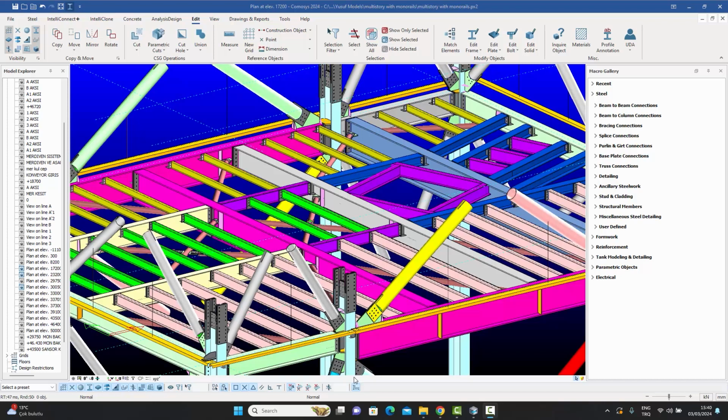And now, obviously, once we've created them and defined them and assigned them to the different objects, which, like I said, you can assign them to your profiles, to your plates, to your generic solids, to your bolts, or basically any object type which you have, you can assign them. And once you've assigned them, you want to obviously use these user-defined attributes. And there are three main areas where you will use them. And the first one, and the most obvious one, is that you use them for normal model side or drawing